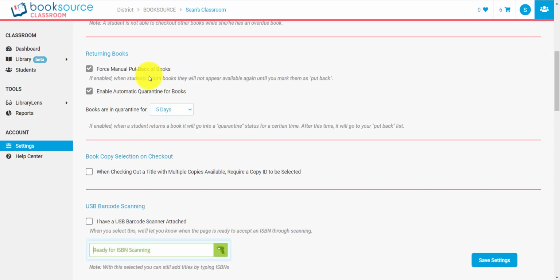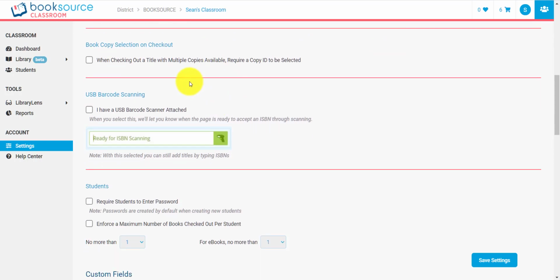So this is also 2 different options as far as returning books. When checking out a title with multiple copies available, you can require a copy ID to be selected. This is particularly helpful if you really want to manage all of your copies in your library, and you really want to know exactly who has exactly what copy. So you can tell that student, well, whenever you check out this book, I want to know which copy you have. Otherwise, we really don't know which one, and Booksource Classroom will just assign it to the first copy that's